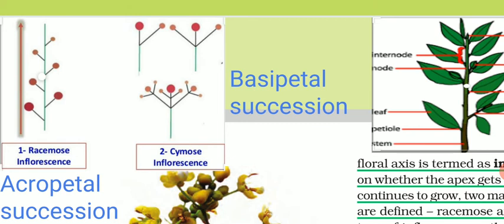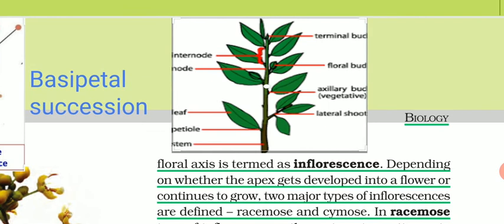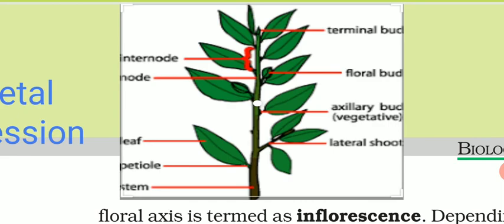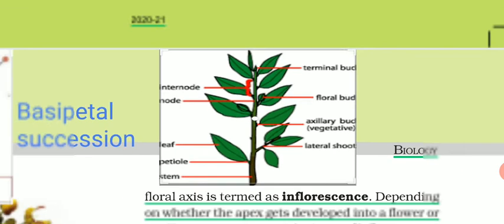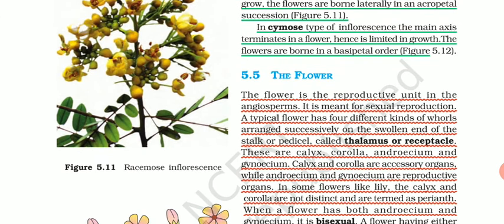In different kinds of plants, different arrangements of flowers could take place. If I zoom in on this picture, you will get a clear idea of how, from between the branch where the leaves are present, the floral bud is present. This floral bud is actually the floral meristem which is giving rise to a flower. A simple axillary bud will grow and terminate into a normal branch. Now, let's study from these diagrams as well.